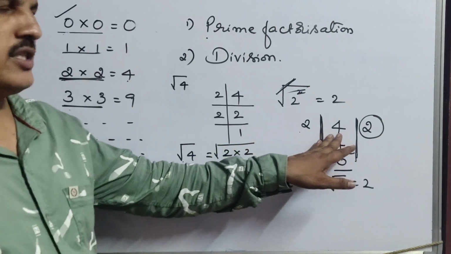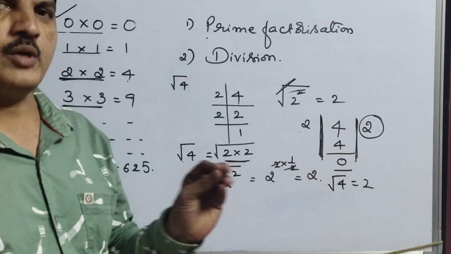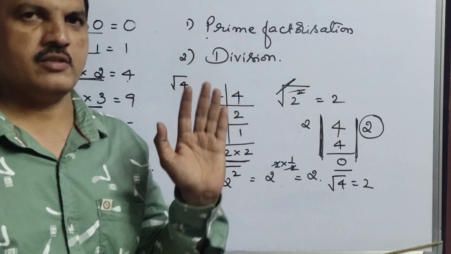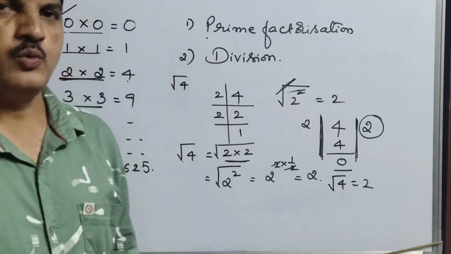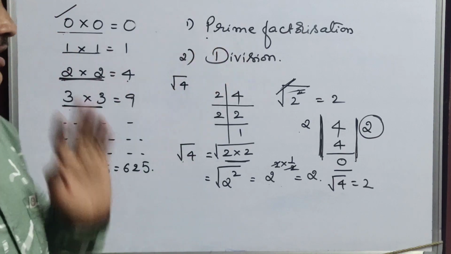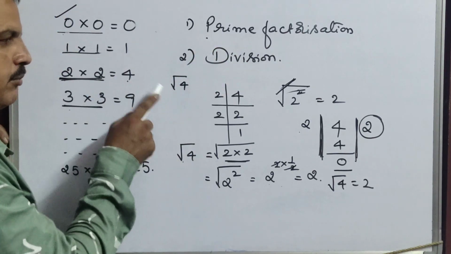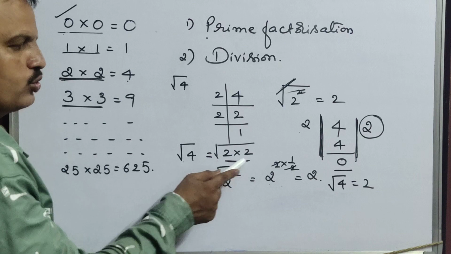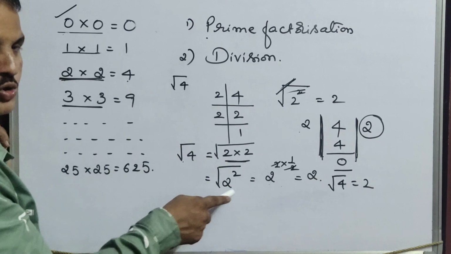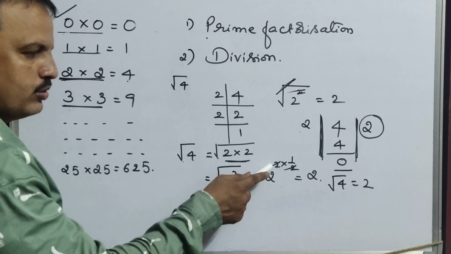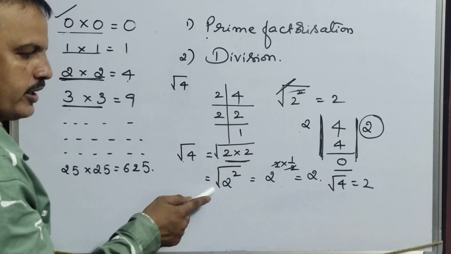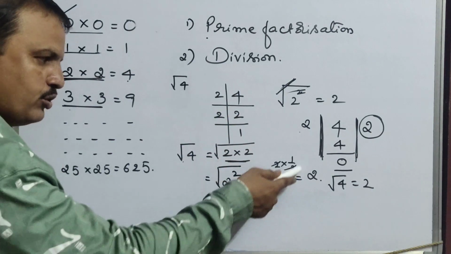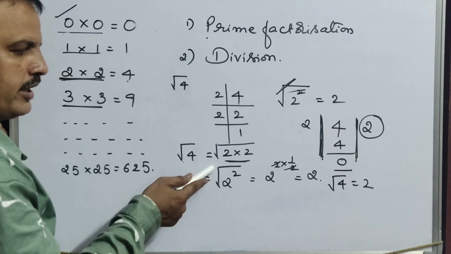Okay, for 1 digit, 2 digit, 3 digit, same method, but there are some variations between 2 digit, 3 digit and 4 digits. I will explain clearly. Now you understood prime factorization means just take the given number and do the prime factorization method, and see here 4 can be written as 2 into 2. It can also be written as 2 square, and square root can be written as power 1 by 2. So the 2s get cancelled, you got the 2. And I told you, instead of doing this step, directly you can cancel this 2 and this 2 and write the answer.